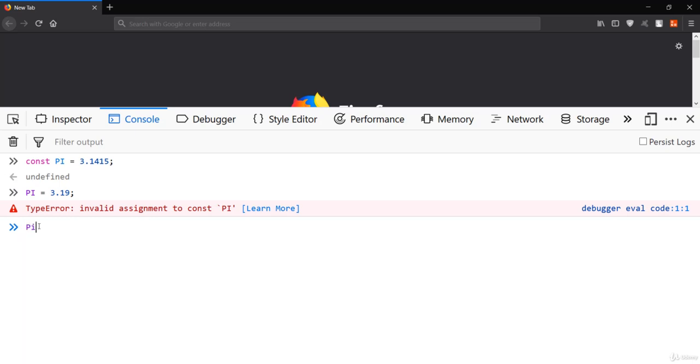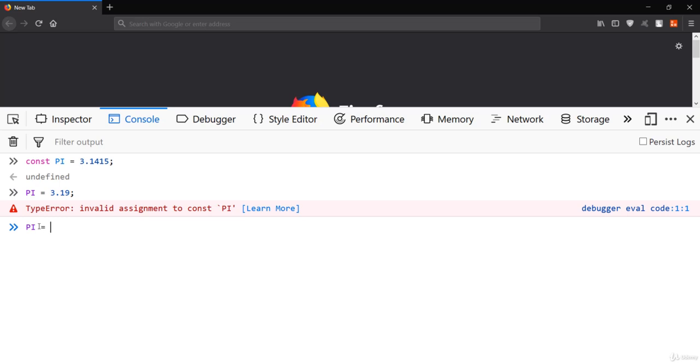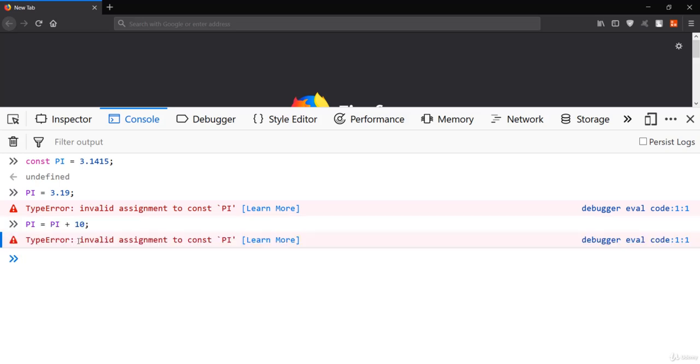That means when I do another operation with pi, let me say I have to change the value of pi by doing some operation. Let me say I want to add 10 to this pi. It is also not valid, because a variable with the const keyword is always a constant. You can't change the value of this constant. It will be only usable.